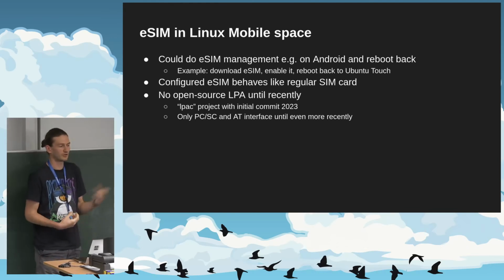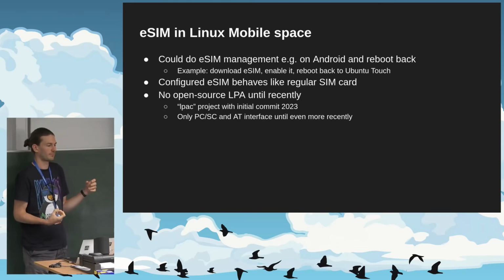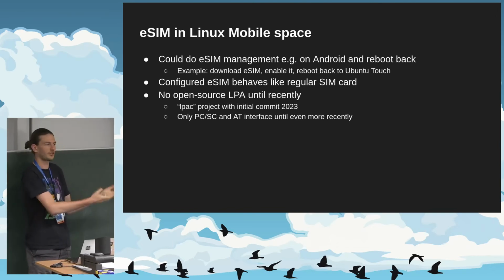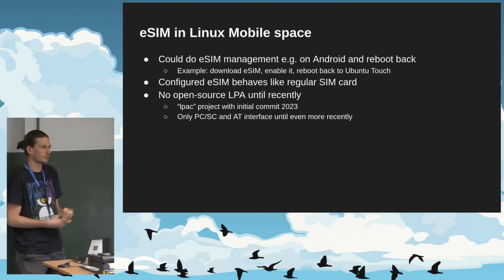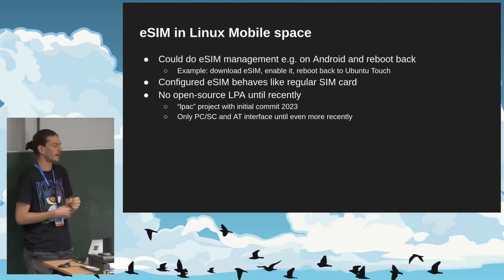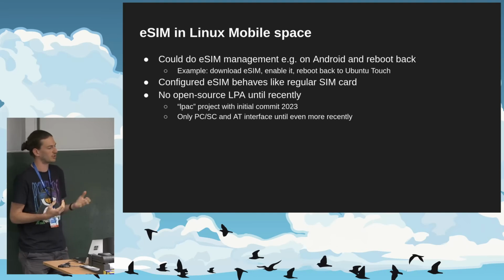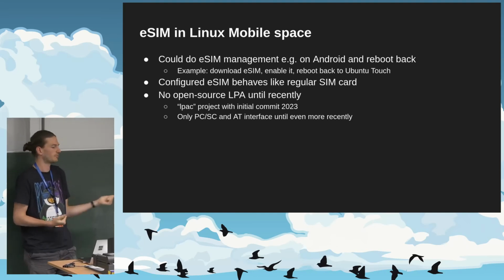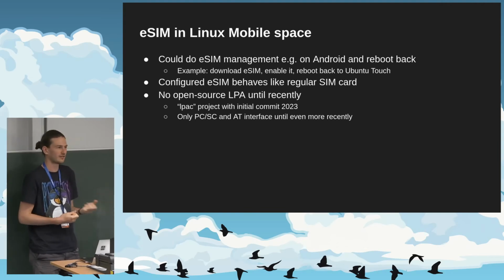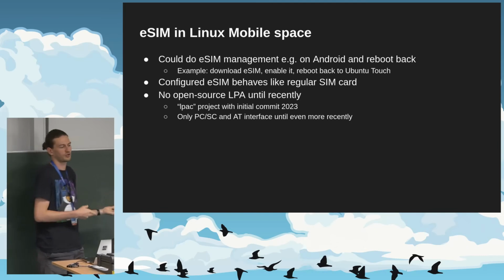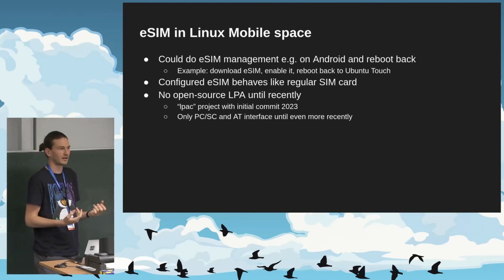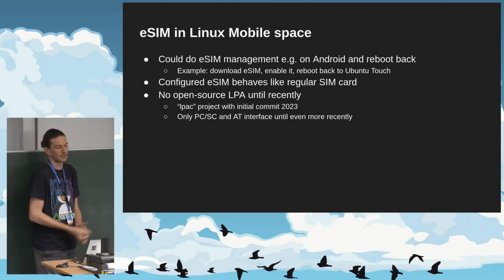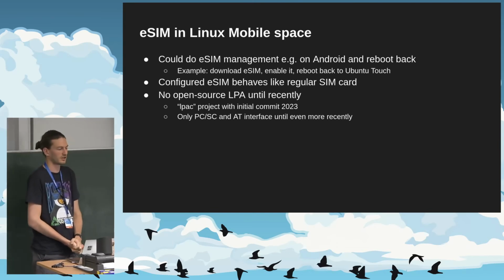To use an eSIM, you could flash Android back, install the eSIM, which then puts it on the chip in the phone, and enable it, so it shows up as a normal SIM card. Then you reboot back into Ubuntu Touch or flash Ubuntu Touch back, and from a modem perspective you just have a normal SIM card there. Of course, in Ubuntu Touch you can't enable or disable it or do anything other than just using the SIM card. This way you could use an eSIM even without having any of this management functionality implemented.